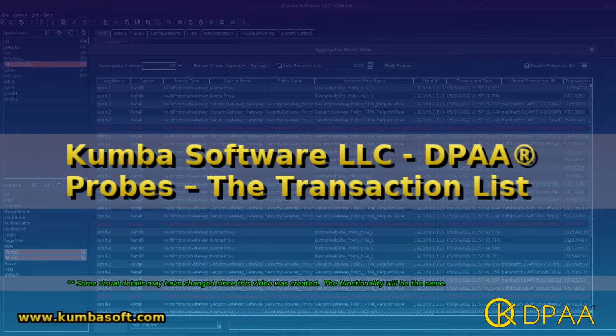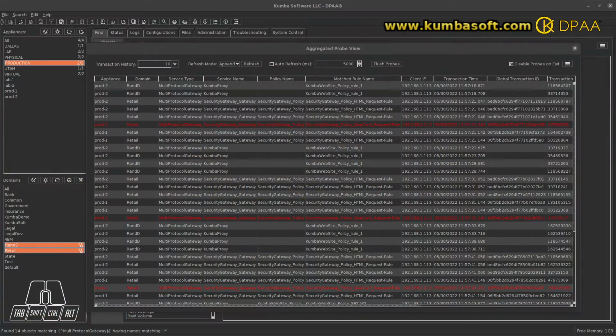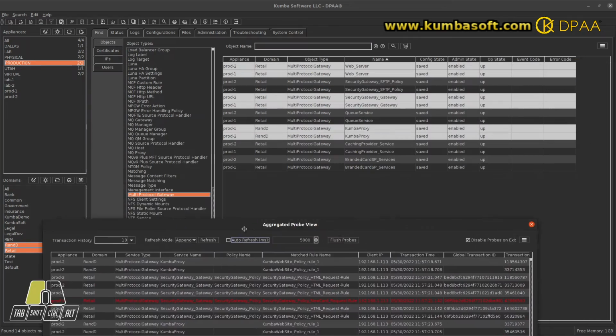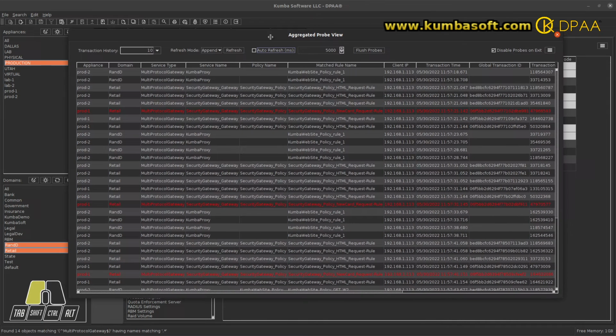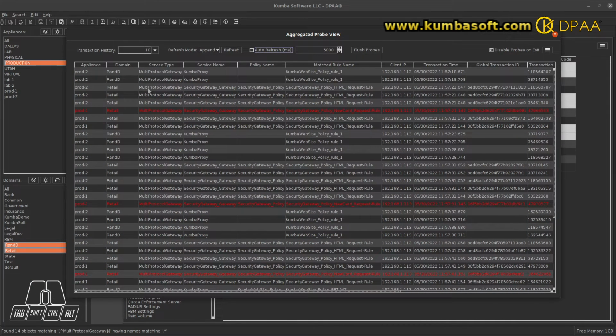operate within that list. So to get started, what I've done is I've selected a couple of appliances through this category. I've selected a couple of domains. I selected a number of services that are multi-protocol gateways that we've already listed, and I've opened the aggregated probe view, and I've collected a number of transactions within the aggregated probe view list. So we're basically leaving off where the last video ended. So if you haven't seen the first of these, called the aggregated probe view, you probably want to take a